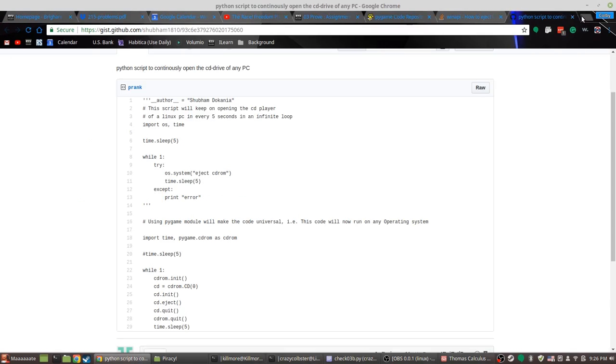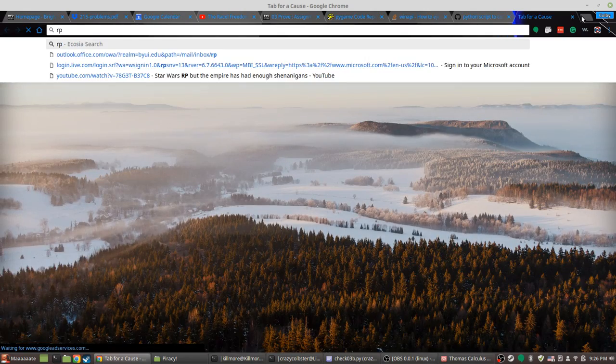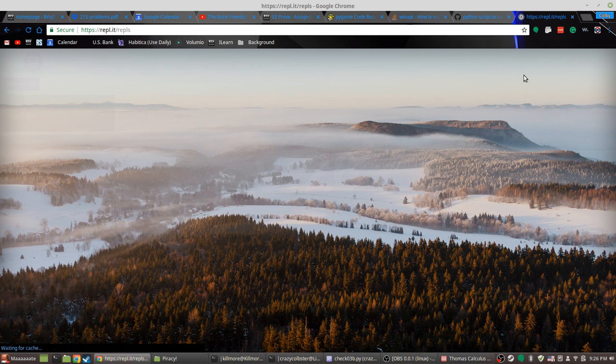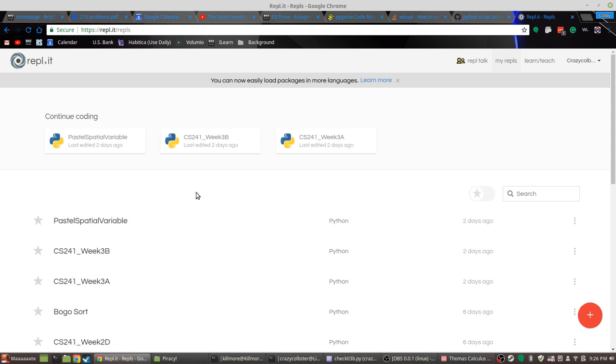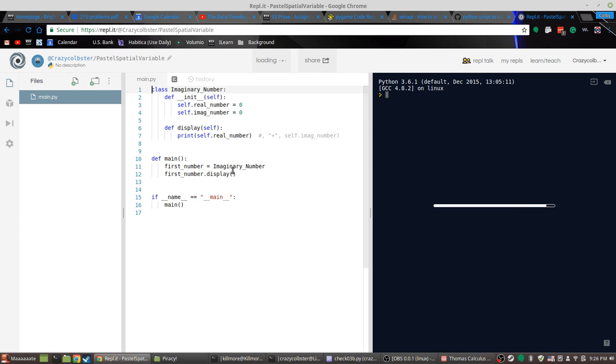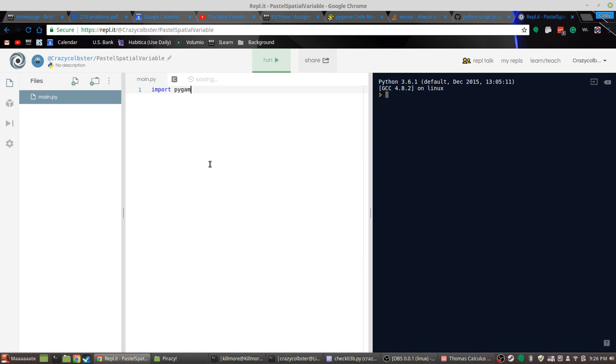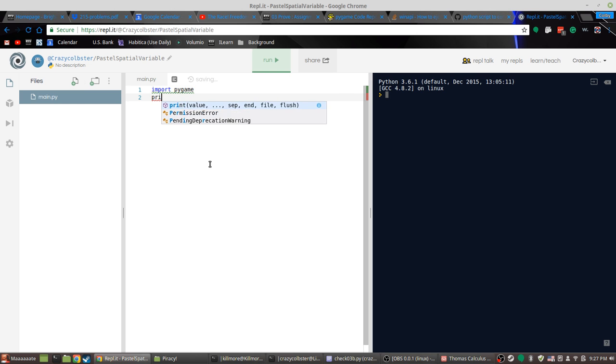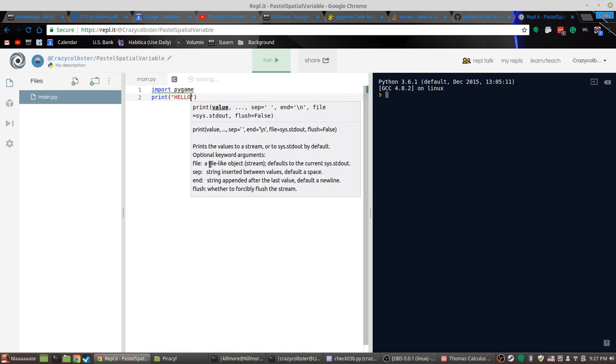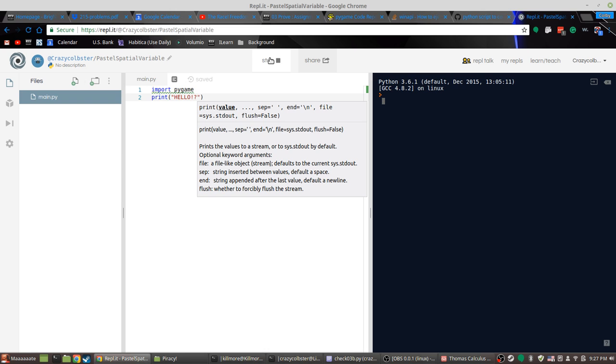What if I just do something like repl.it? That's me trying to figure something out. I can replace that. Import Pygame. Print Hello. Run.